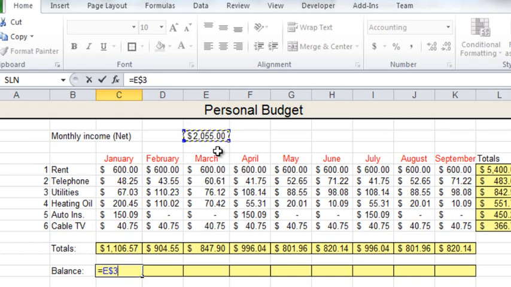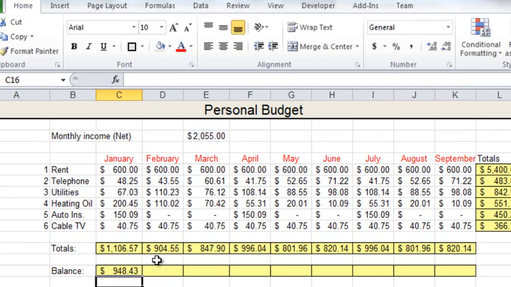If I press F4 again, it gives me a little different combination of the dollar signs as I continue to press the F4 key. But this is what I want. I want to lock it tight in the column of E and the row of 3. And then subtract that from this reference right here, 2 cells up. So when I press enter, I get the same answer. But now when I copy it across,